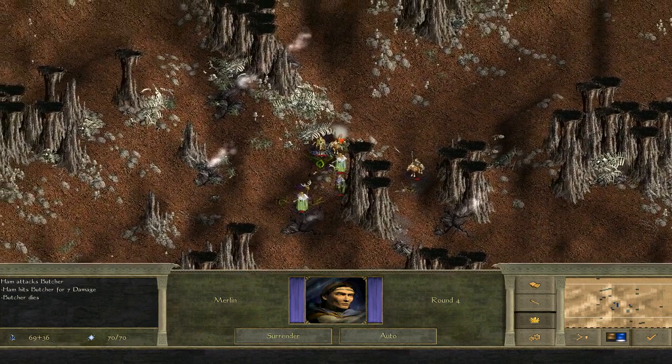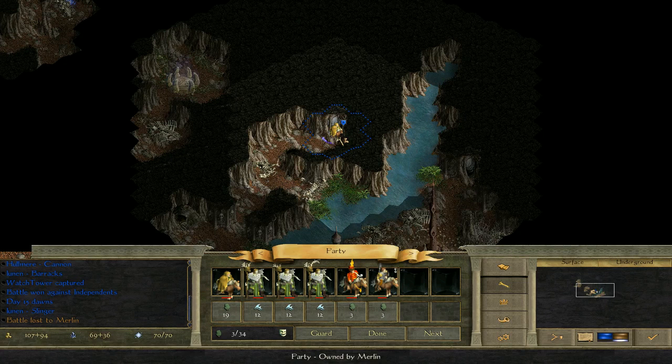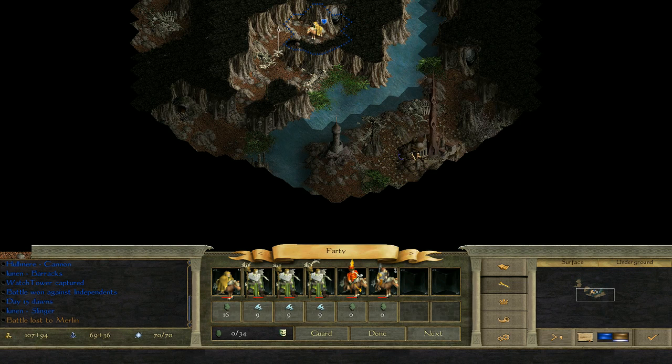I was thinking of not getting the experience for the hero. It's never a bad idea to give experience to the hero. Holy shit, that's a good city. Looks like water walking is required though, so